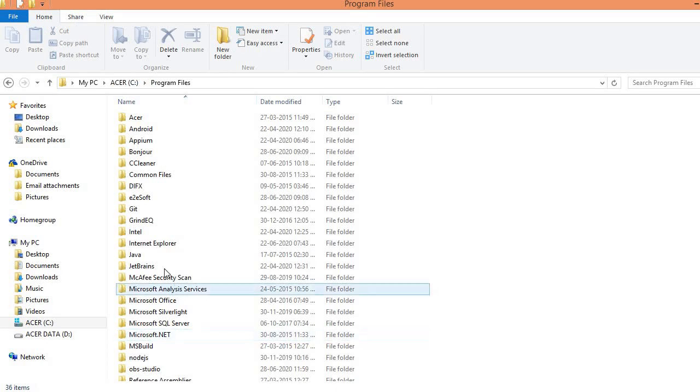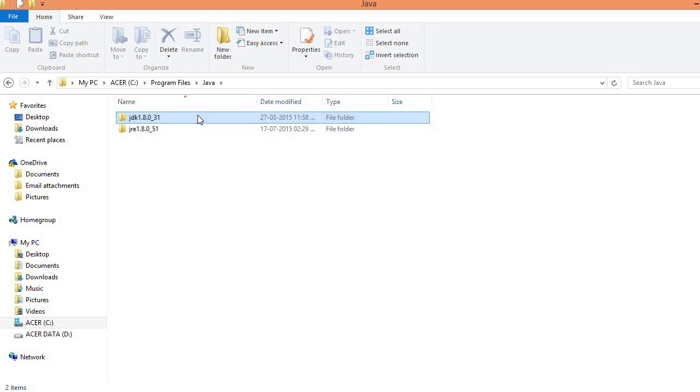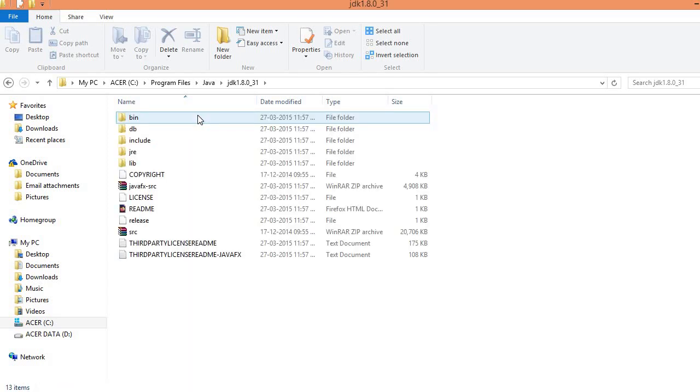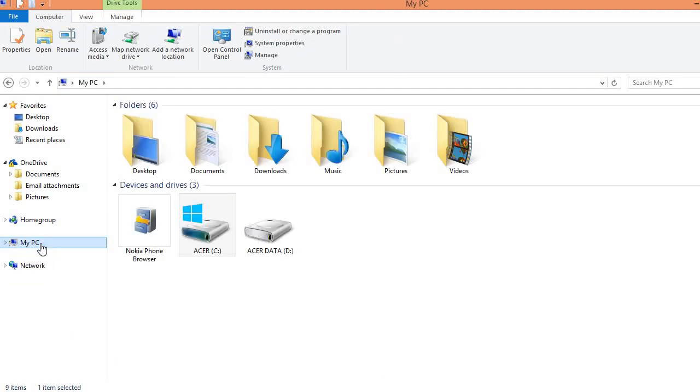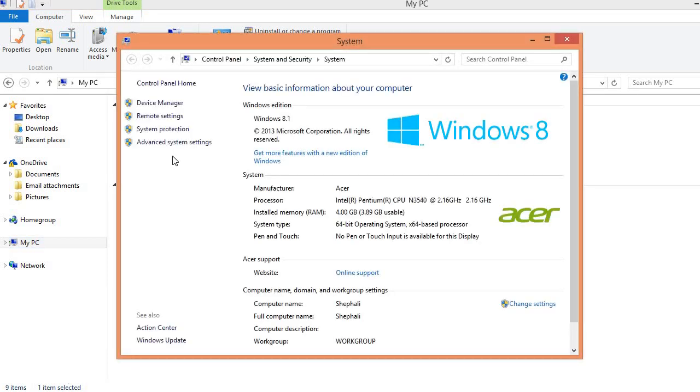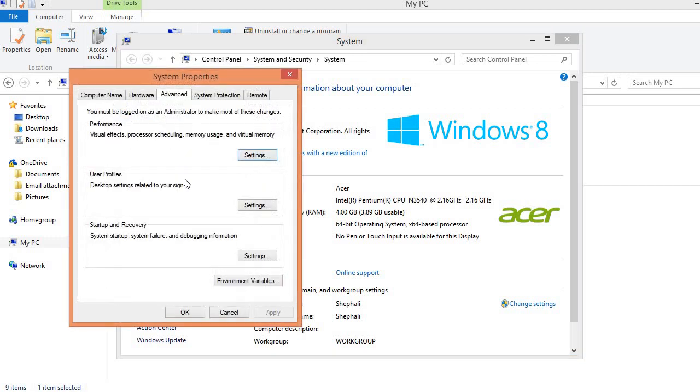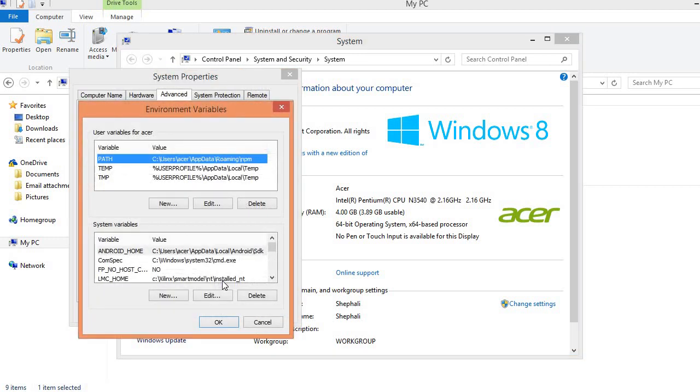Then second step is to set the path of JDK bin folder. For it we need to go inside Java, then JDK, and inside JDK we have a bin folder. We need to write the path of the JDK bin folder inside environment variables. For it we need to click on My PC, then properties, then advanced system settings, environment variables.